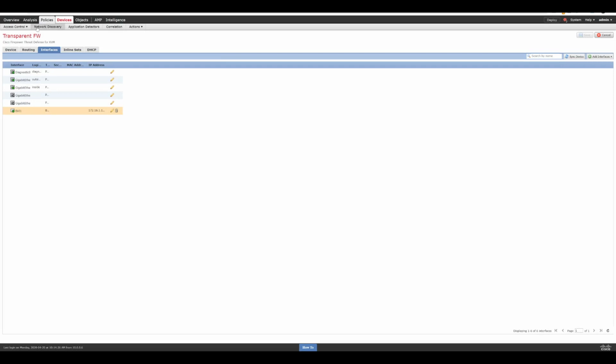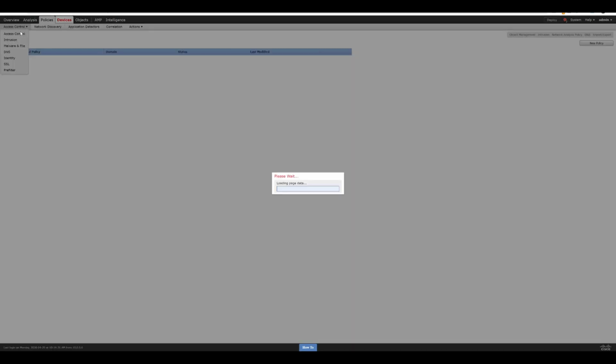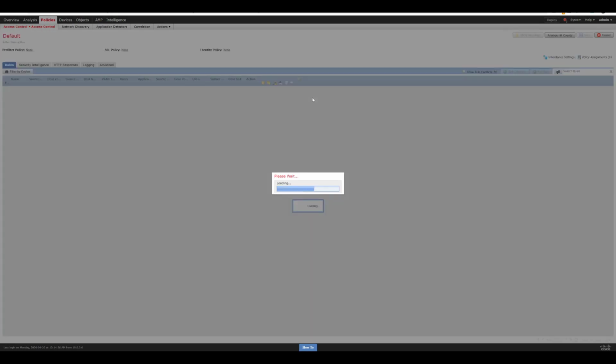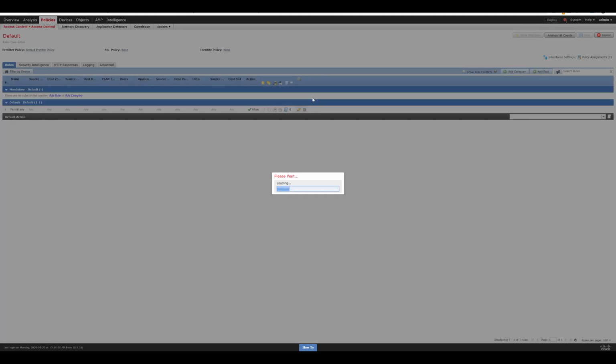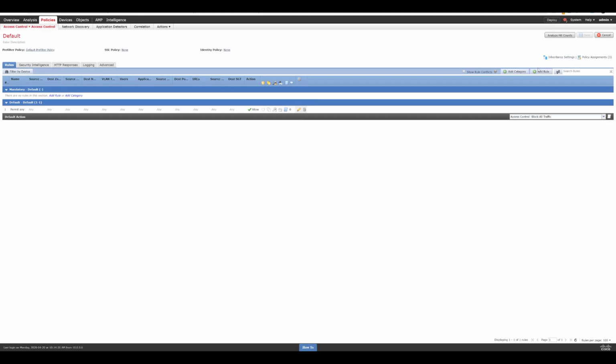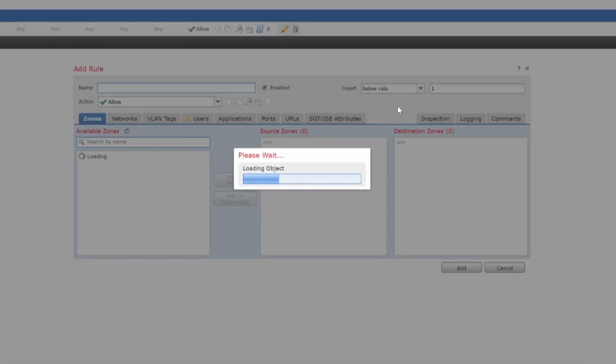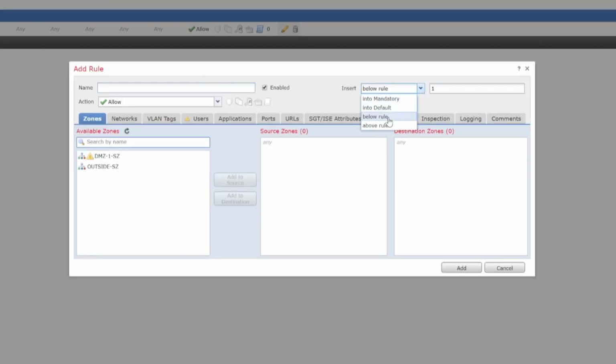So we'll go to policies, access control, into the access control policy, and what we'll do is we'll add a rule, and we're going to add this above number 1 so that it comes before, because we want to block this traffic. This is just going to be called test